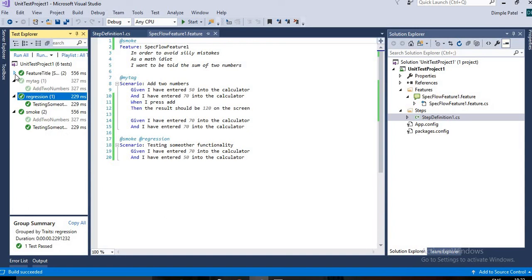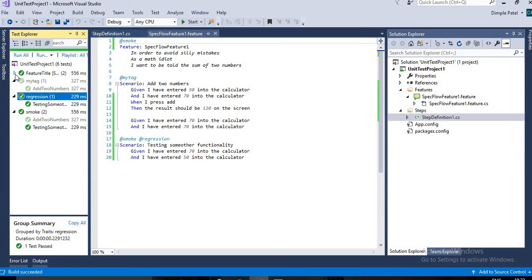So this was all about the tags. Tags can be at the feature levels and scenario levels. Wherever you can define the categories, you can write down the tags. If you have a functionality, then you can write the functionality name also. If it's a big functionality and you want to run that functionality as a part of some test case, then you can add the tag also. We can have multiple tags, and tags always start with the @ symbol, so keep that in mind.